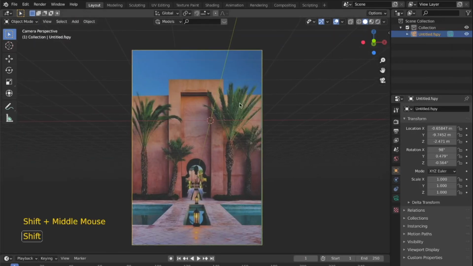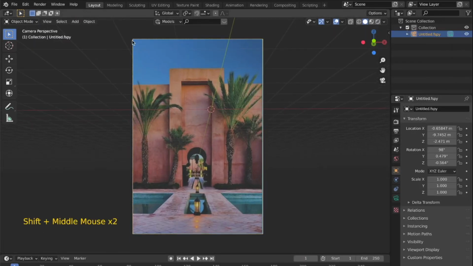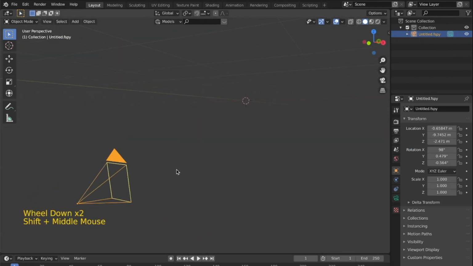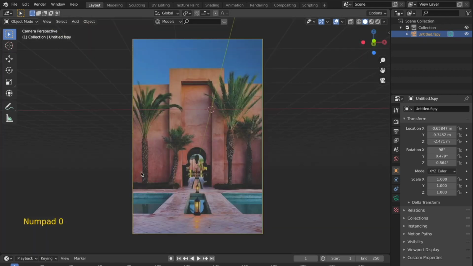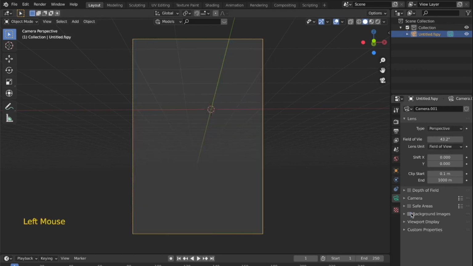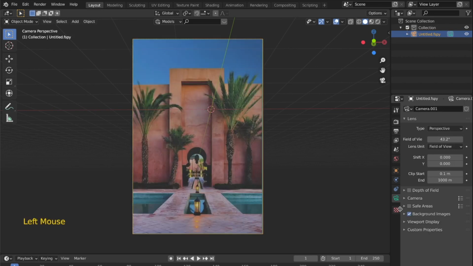And now that I have selected this, you can see that we can see an image and a border surrounding it. So when I pan around the view, you can see this is actually the camera, and when you move into the camera you can see this image which has already been set. Now if you don't want to see this image, what you can do is you can go into the camera settings and from here turn off the background images option. Then you won't see it, but for now we will turn this on only.